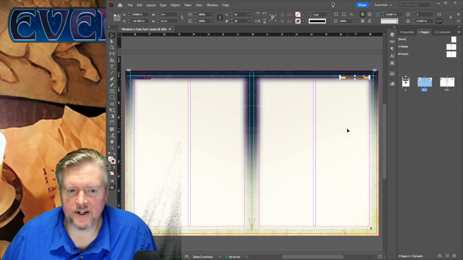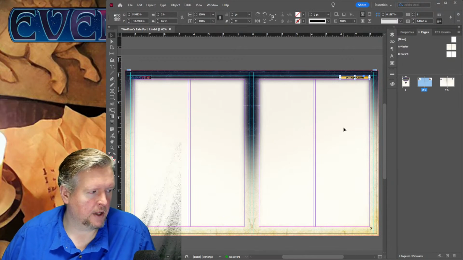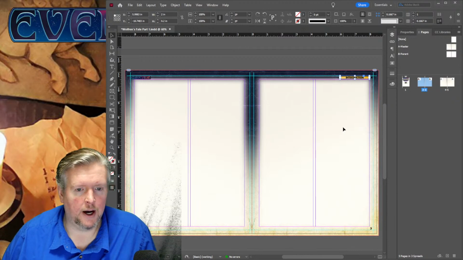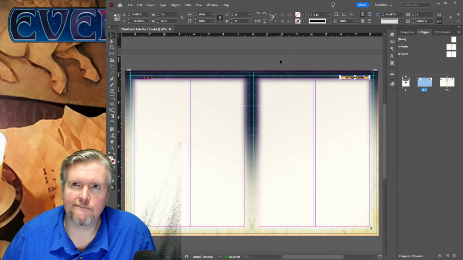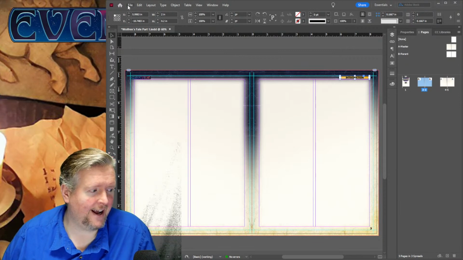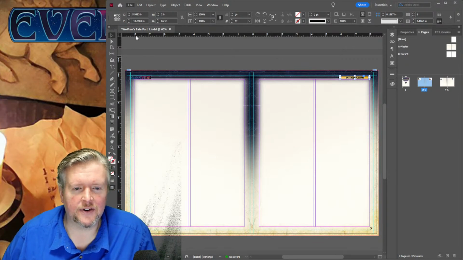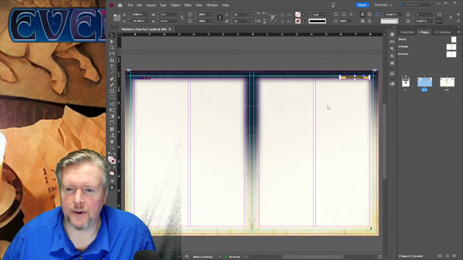Now, what I want to start doing is laying in the text. There's a bunch of different ways you can do this. Trying to remember if the guides form automatic boxes. Now, there's one way to find out. So what you're going to do is you're going to go into File and you're going to go to Place. That's what you're going to do. Now, that is going to take me into my Wolfren's Fate